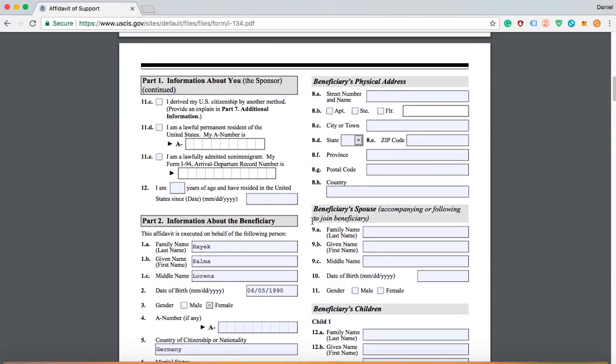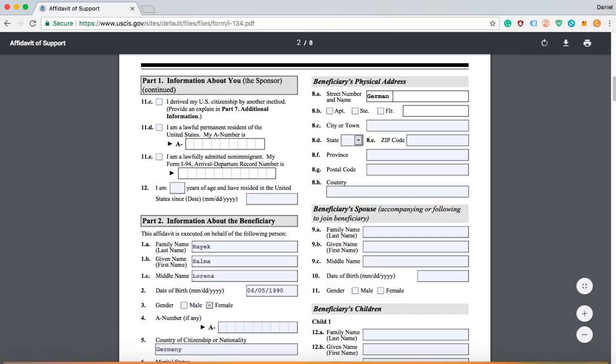And then you go up, beneficiary's physical address. So whatever your foreign fiance's address is in their home country. Because we wrote down Germany, we would put the address of the German fiance. So whatever your fiance's address is, I'm just going to make that up. So like German Street,